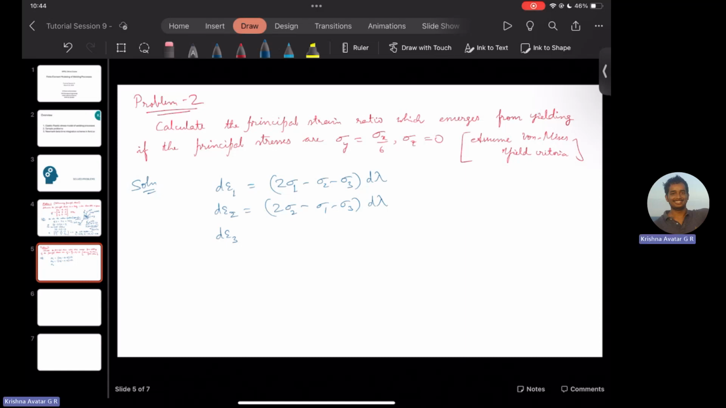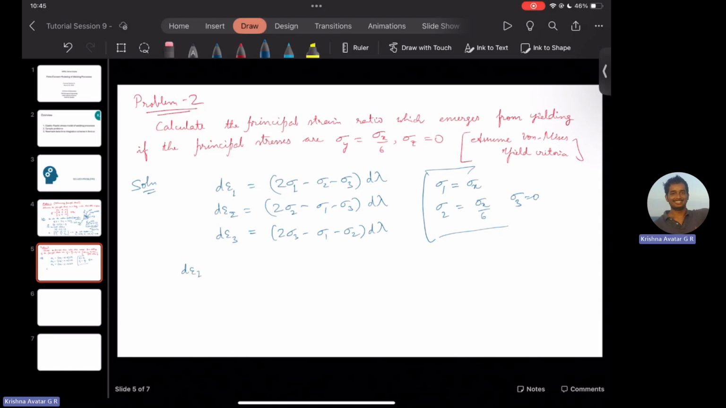Okay. So dε3 is equal to dλ times (2σ3 − σ1 − σ2). As we recall here, σ1 is say σx, σ2 is just σx by 6, right? And σ3 is 0. So essentially our stress components are already the principal stresses in terms of x, y, z. So now what we'll have is